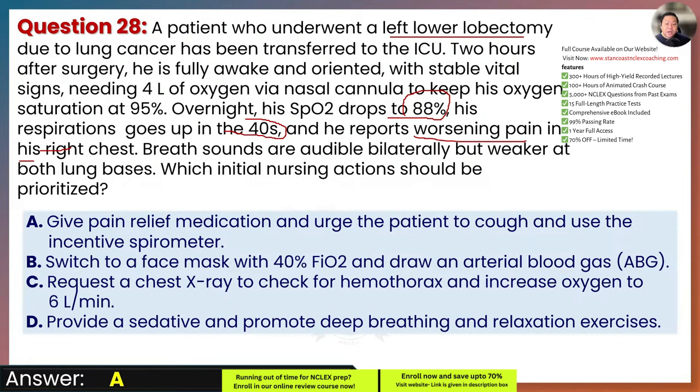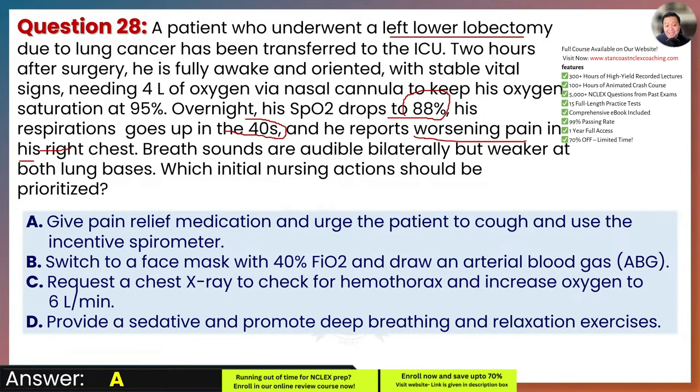Coughing and using the incentive spirometer are critical actions to help expand the lungs and also to improve the oxygenation. So this will help resolve the issue with the oxygen saturation without the immediate need for additional oxygen or any diagnostic test. The patient's condition seems related to hypoventilation due to the pain, and managing this is the first priority